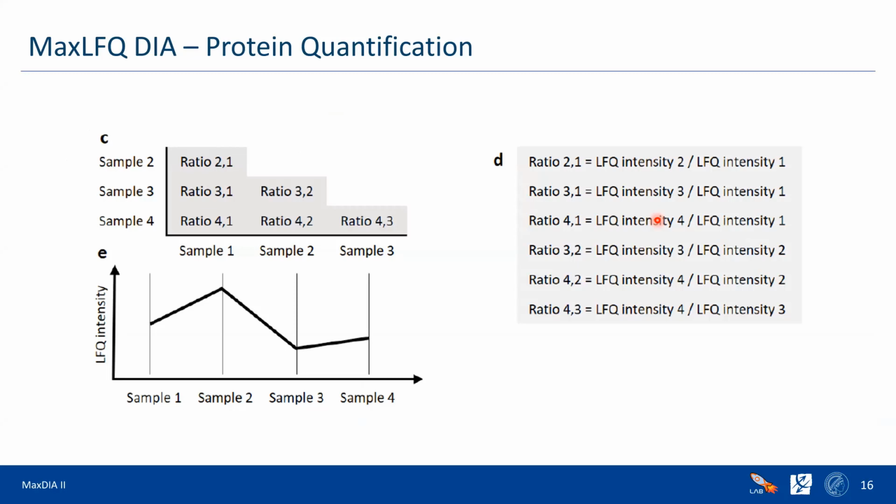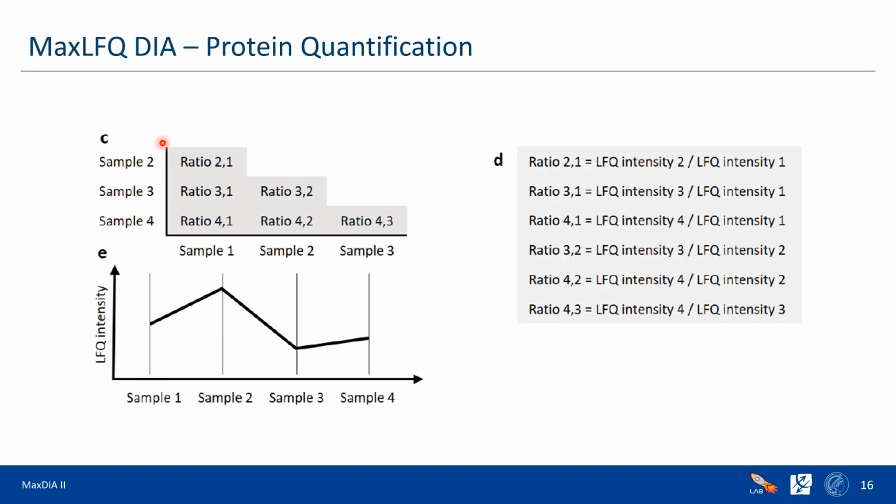We find this normalization factor, multiply it by the intensity, and by these normalized intensities we find the ratios between samples. But we have to keep in mind that there are going to be several peptides per protein, and we require at least 2 peptides. It's not just peptides; it's peptides plus modification